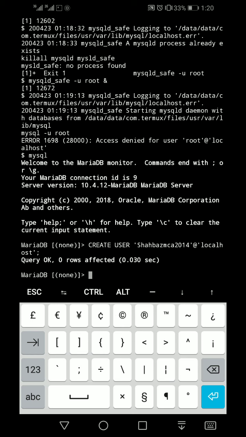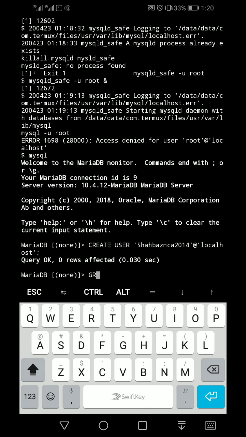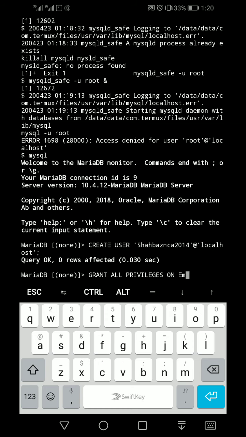Now type grant all privileges on database name. Now the database name is here: employees is already created in the MariaDB database. The name is employees.